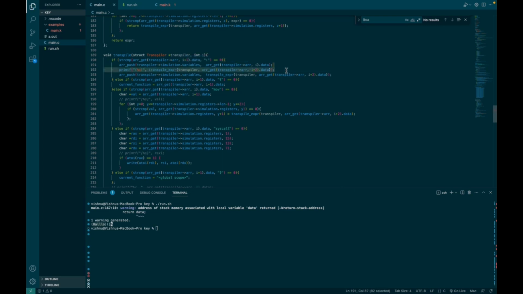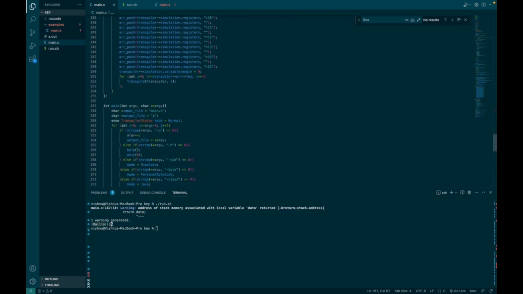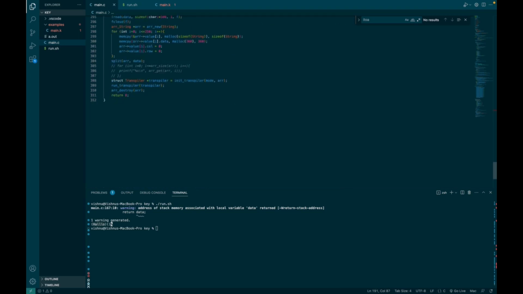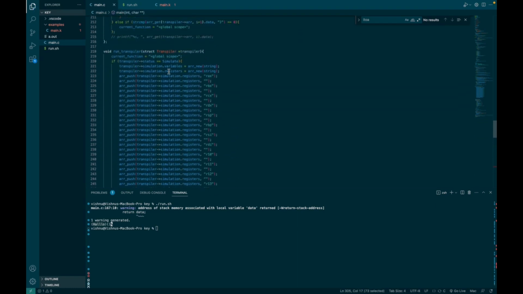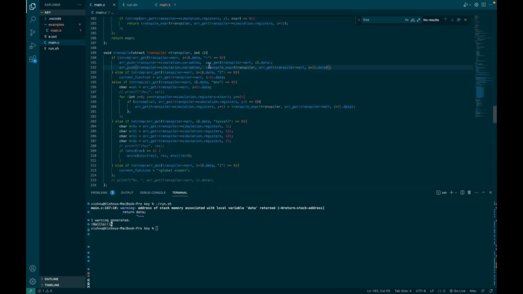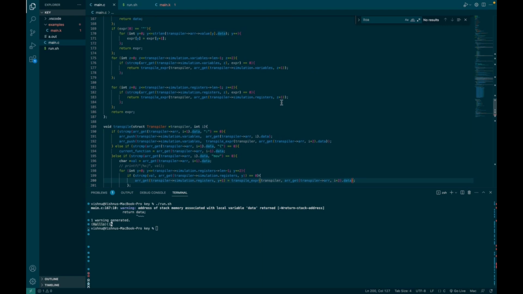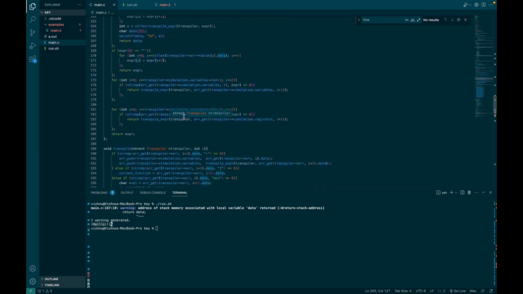But why is it already excluded? It already excluded the very first thing. Because if you look at it, oh, that's good. I want that. What am I doing? So that's good. Oh wait, do you even need that? Because it always transpiles the expression. And transpile EXPR leads to itself. So if it finds the variable,